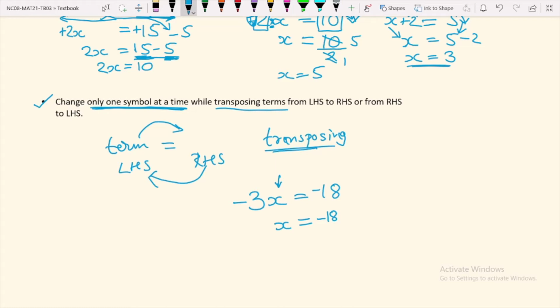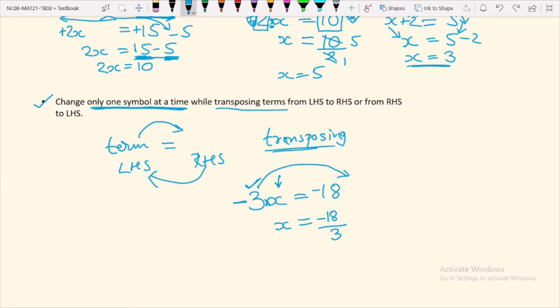But minus 3 is extra here. I know the value of minus 3. So minus 3 I have to shift it to RHS. So instead of keeping it in LHS, I have to shift it to RHS. While shifting, here the symbol is minus and there is another symbol. With x it is getting multiplied. So there is another symbol of multiplication. So I cannot change both the symbols. I cannot write it as divided by 3, divided by plus 3. I cannot write it like this.